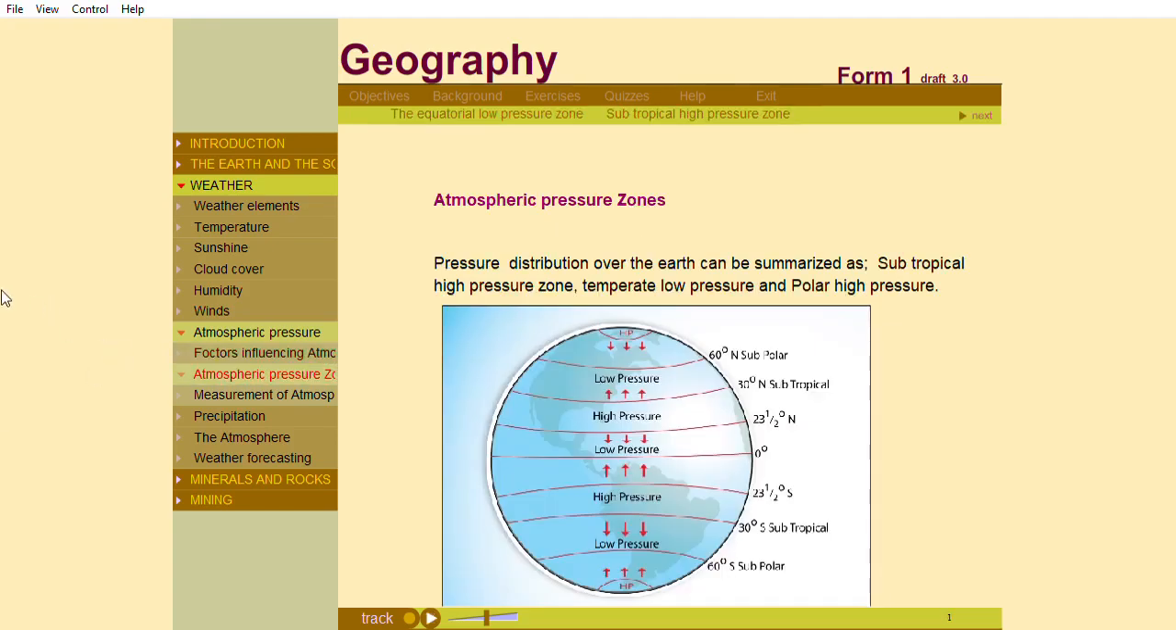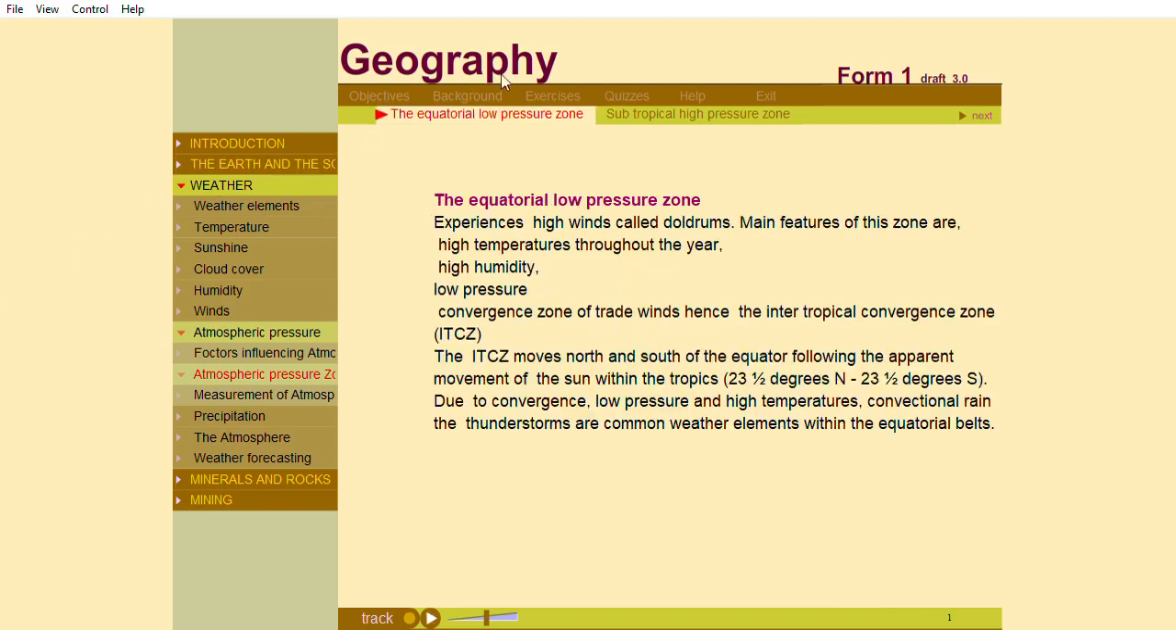Pressure distribution over the Earth can be summarized as subtropical high pressure zone, the temperate low pressure, and polar high pressure. The equatorial low pressure zone experiences light winds called doldrums. The main features of this zone are high temperature throughout the year, high humidity, low pressure, and a convergence zone of trade winds, hence the Intertropical Convergence Zone,